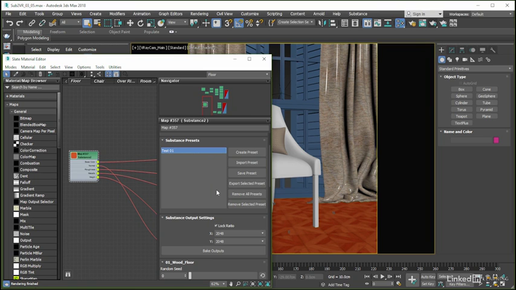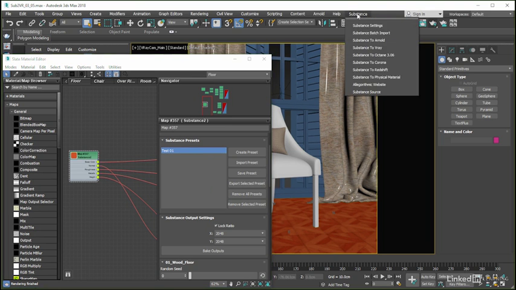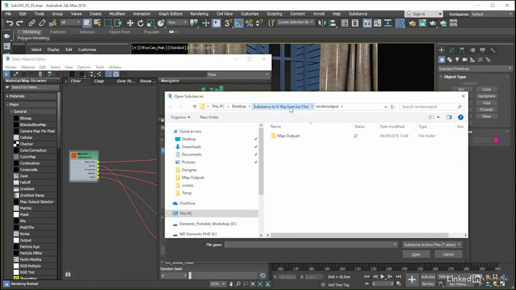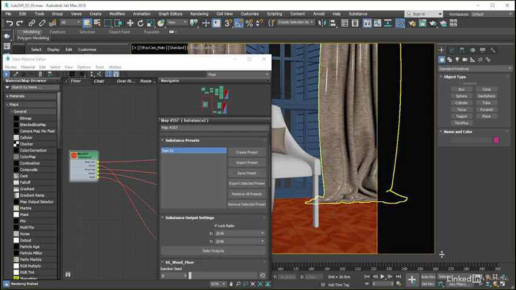One final piece of time-saving functionality that we can highlight here is the fact that we also have the ability to batch import .sbsar files from the Substance settings menu. If I go to that and then click on the Batch Import option, we get an Open Substance dialog that, when we navigate to the Substance folders in our exercise files download, shows all of the .sbsar files that we have available to load. Of course, in this instance, we only have one, but if it were that we had 20 or more substances needing to come into our scene, we can see how this option would be a massive